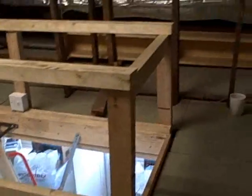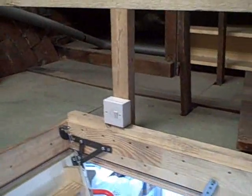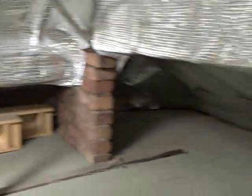We've put a safety barrier around the loft hatch just to stop people, say, falling down the loft hole. So we've got a barrier, and as you can see down there, we've got a light switch attached to it to switch the lights on and off. So the floor is boarded all the way round with moisture resistant boards, and we have power save roof liner